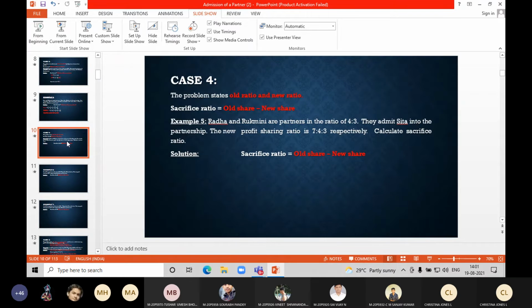This is an even easier problem. Case 4. Ready? Case 4 is much more easy. They will tell you what you had before the new partner entered and what you have after the new partner came. That is, before sacrifice and after sacrifice. You have to find out how much was sacrificed. For example, say I had 10 chocolates, I gave away some, now I have 6 chocolates. So tell me, how much did I give away?